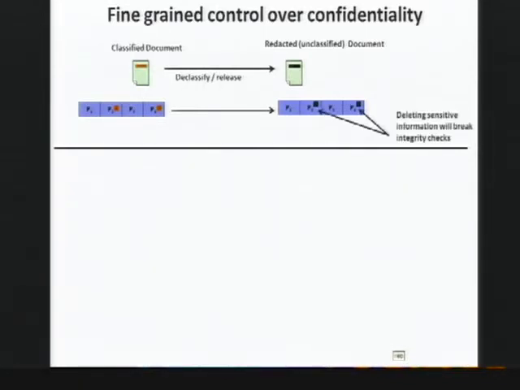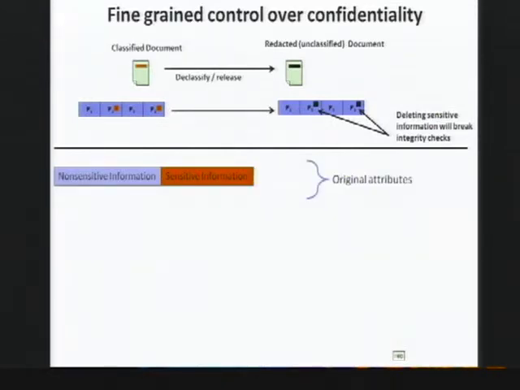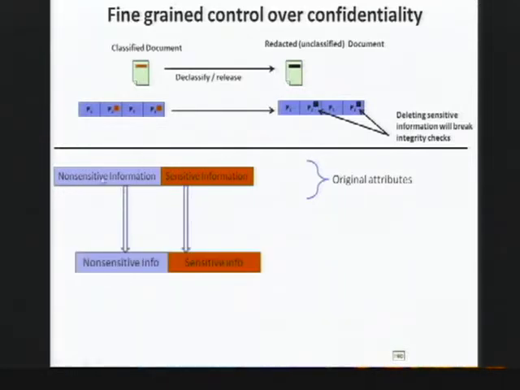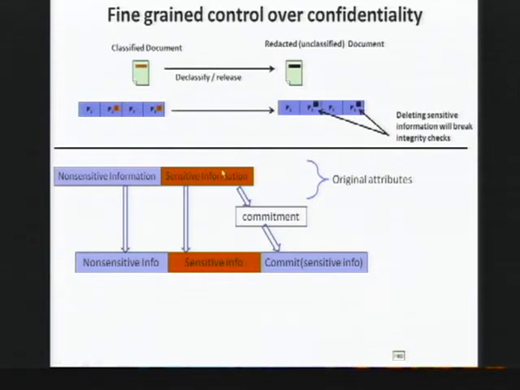So to solve that problem, we use cryptographic commitments. A commitment is just a hash with a random key. You concatenate the value with a random number and then hash it, and that's a commitment of that original value. So we use it in this way. When we are creating a new provenance entry, there might be some non-sensitive information indicated here in blue, and then sensitive information indicated here in red. When we are creating the provenance entry, we add this commitment. We take a commitment of the sensitive information and store it alongside everything.